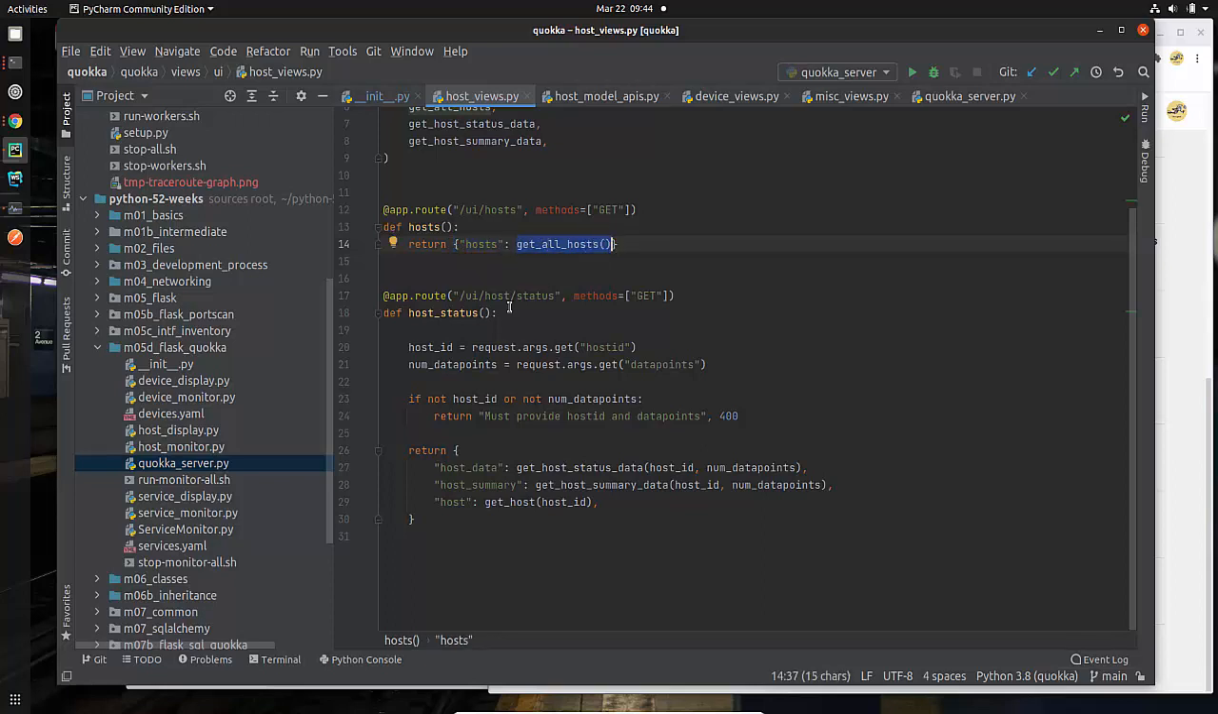Host status is pretty much the same, except we're going to be getting a couple of parameters. I need to know the identifier of the host and the number of data points that I'm supposed to get. So here again, I'm getting the request arguments. Remember, those are the query parameters. I'm making sure that what was passed in was correct, and I am saying in my return, what I'm returning is a dictionary that has 3 items. The first item has a key of host data, and that's where I go down and get the host status data. The host summary goes out and gets the host summary data,